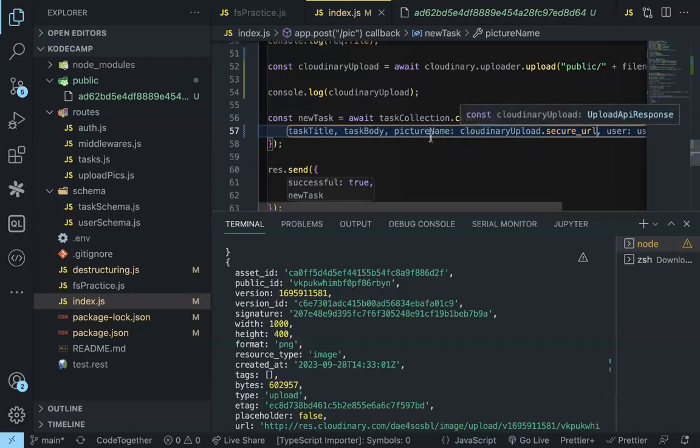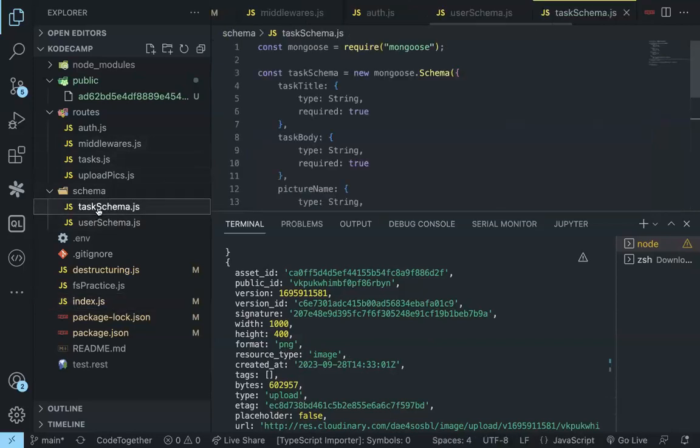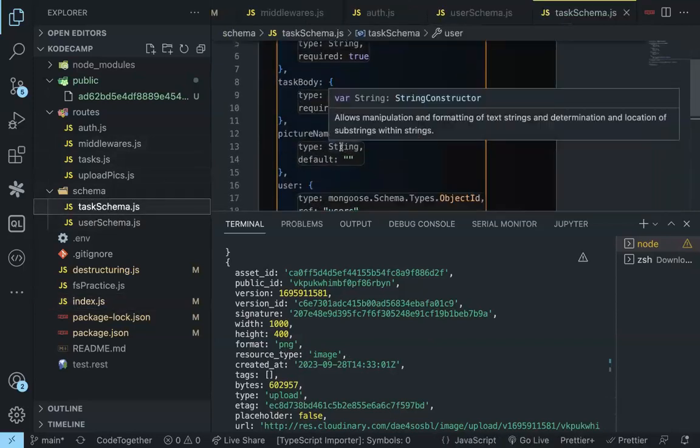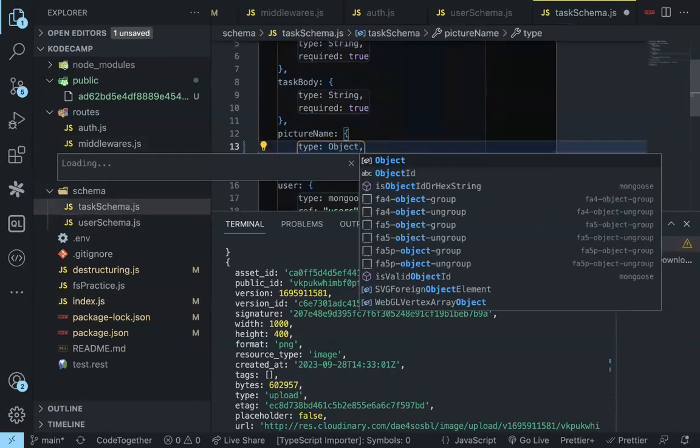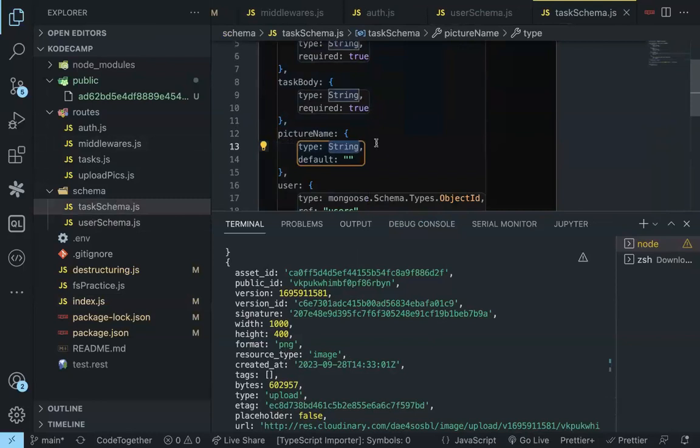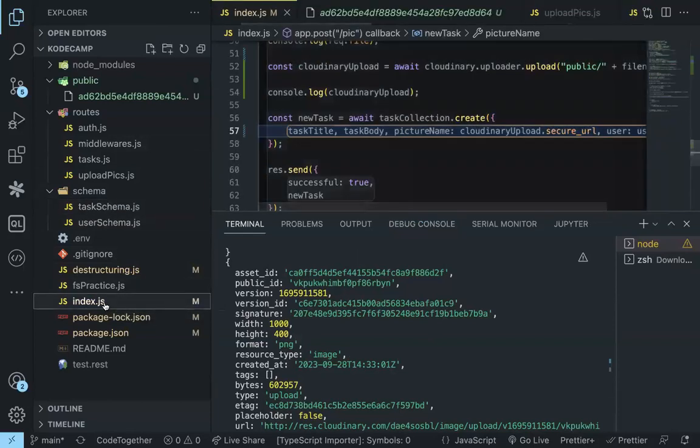that means if you're going to save the whole picture as an object, then on the task schema, you come and say that the picture name should be object. But I don't want to save it as object. I want to save it as a string, and the string should be the URL to that picture. Or I could just call this picture URL instead of picture name. Right, so the picture URL will be Cloudinary upload dot secure URL,